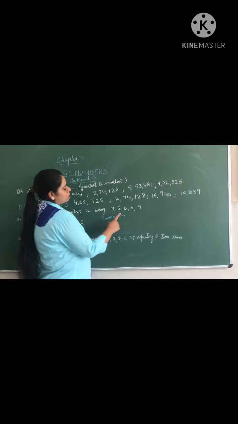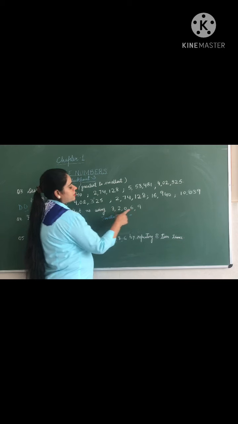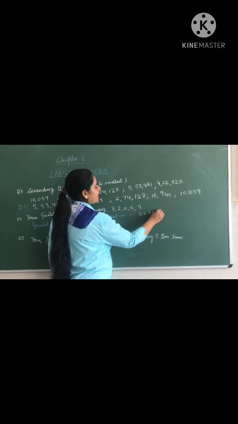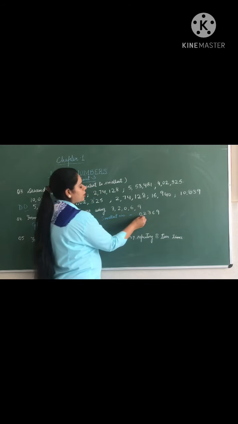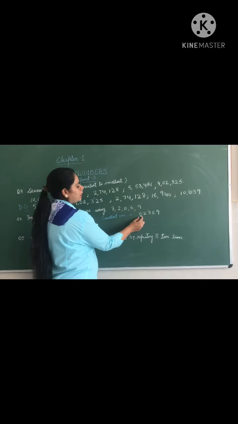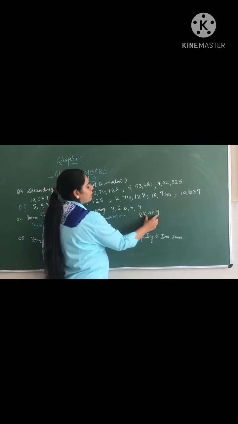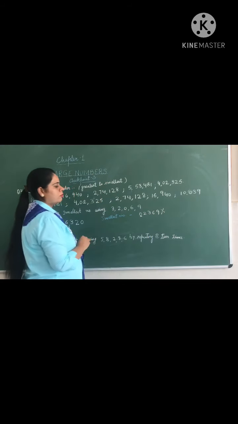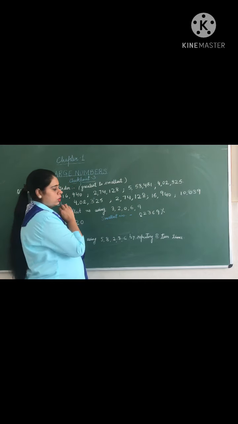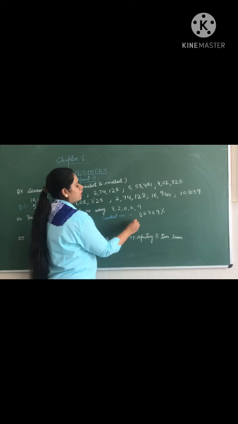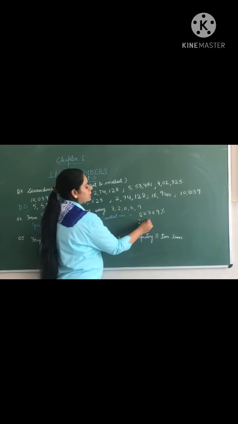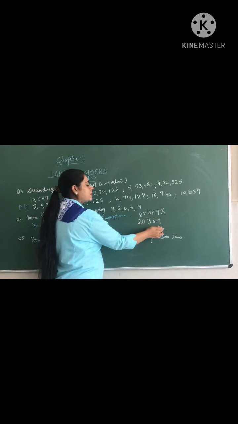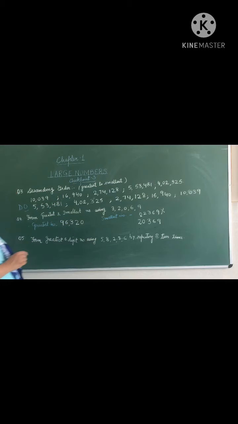Now smallest number. Now children, as you know, smallest among all these digits is 0. अगर आप 0, 2, 3, 6, 9 लिखते हो तो you are getting 0 की बिल्कुल आगे. अगर सबसे आगे 0 लिखा होता है तो उसकी कोई वैल्यू नहीं होती. So it will be 2369, which will be wrong. We have to use 0 also. So the smallest number will be starting from 20,369. Yes. Now moving to next question.